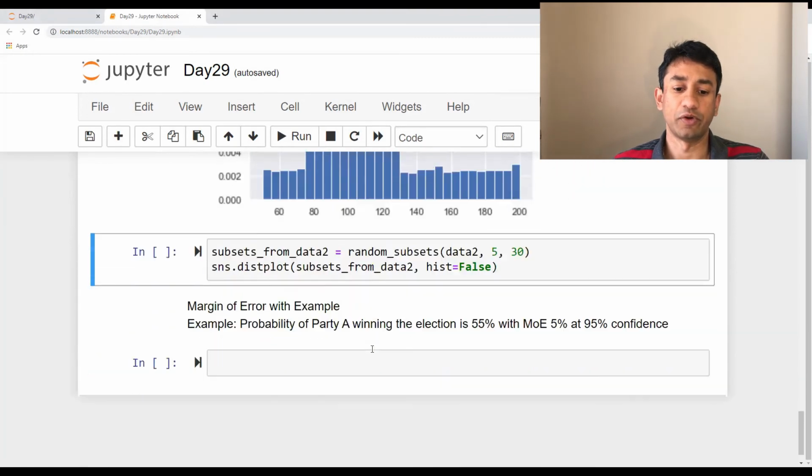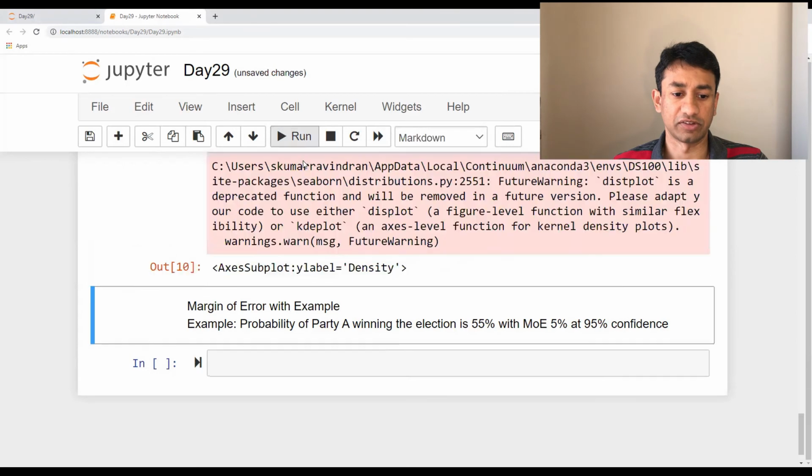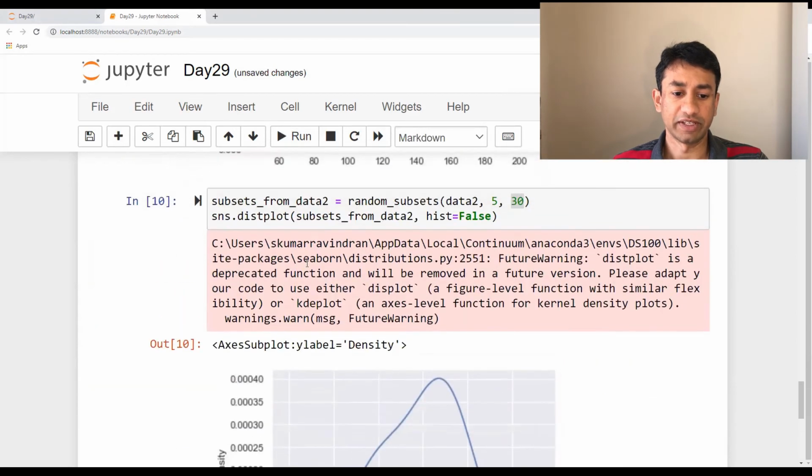Now what we are going to do is use the same function that we have created. We are going to create 5 subsets, each subset of size 30, and the mean of those subsets we are going to use to plot the distribution. So when I execute this,